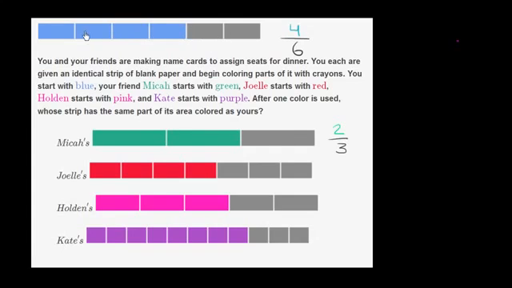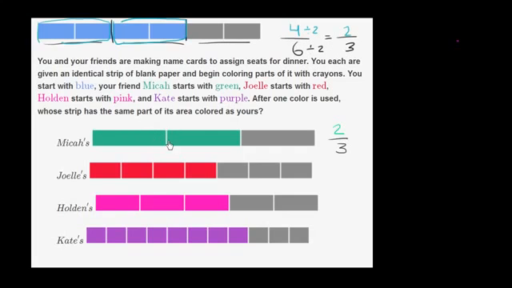If I were to divide by 2, so I'm going to group this into groups of 2, then I would have 1, 2, 3 equal sections. And if I group the blue strips into groups of 2, then I would have 1, 2 of them that have actually been colored blue. So if I divide both the numerator and the denominator by 2, I get 2/3, which is the exact same